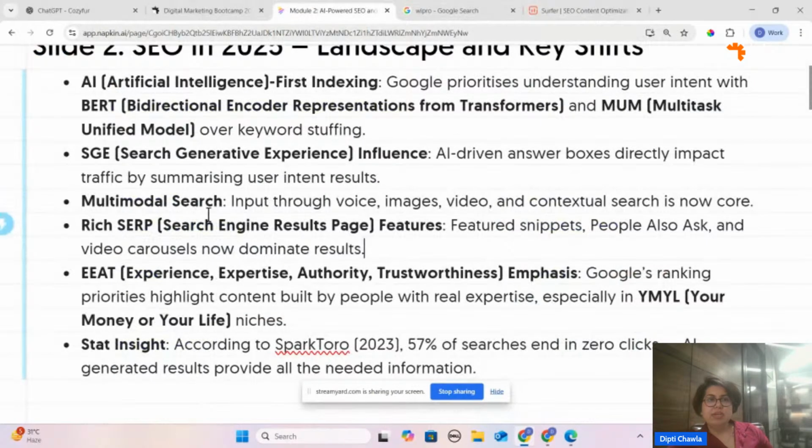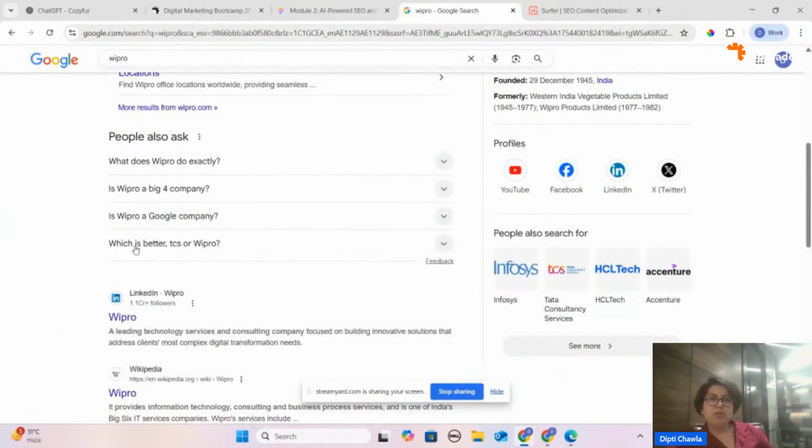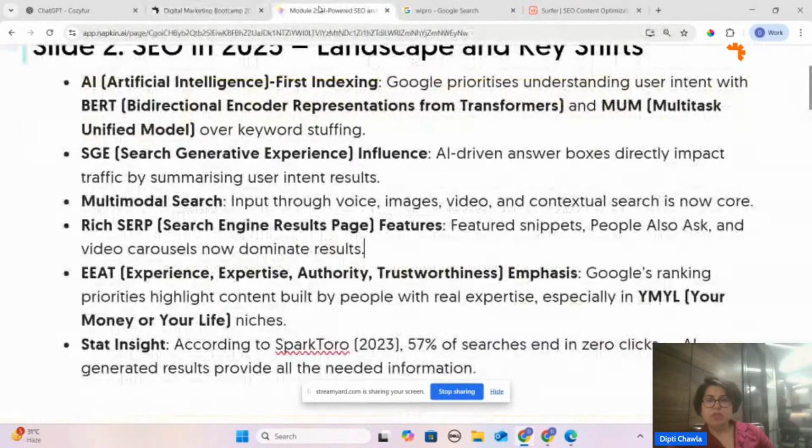Okay. So you can read these featured snippets. People also ask, who does this? How does it come? SEO. This is a part of SEO. Then video carousels are now dominating the results.